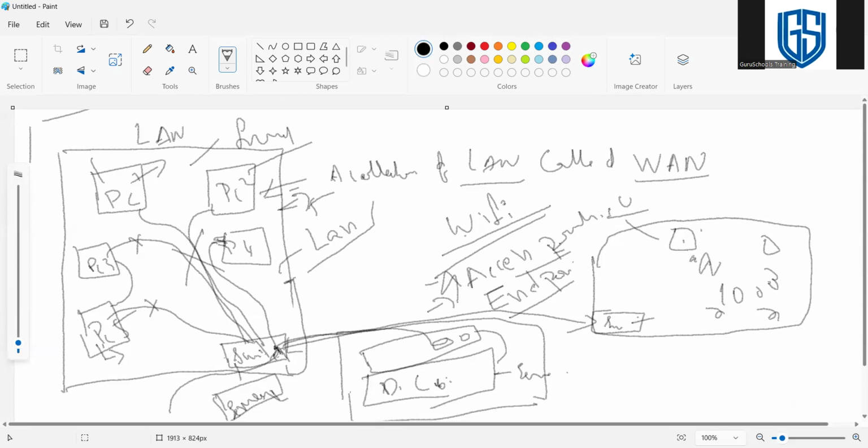Is an access point the VPN we are trying to connect, like a Cisco VPN? No, an access point is a device actually. I will show that. We need to provide an internet connection, so we will take a connection from the provider, right? There is a connection to our office, so we set up a modem.